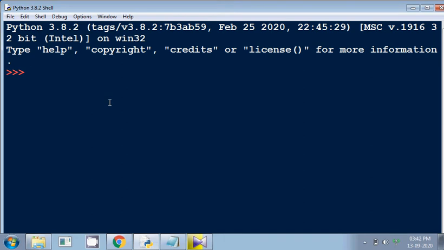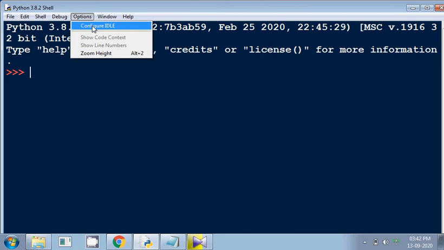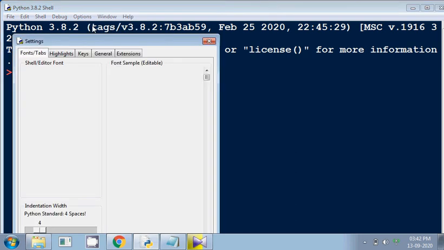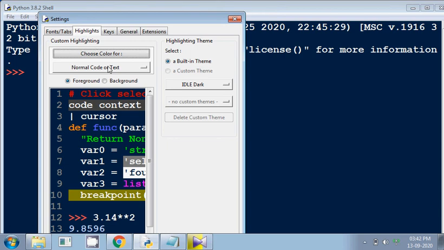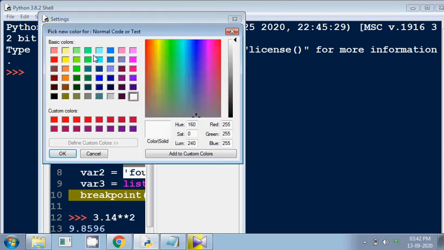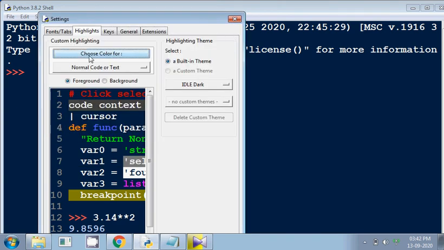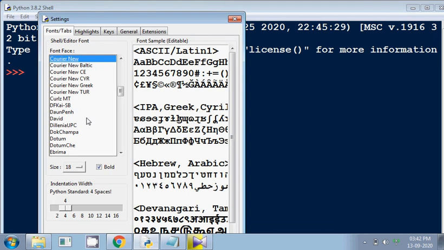I configured it using these options, then configure IDLE, and I used this highlights section and changed the color from this section. You can do the same thing as well. You can change the color of foreground or maybe the background, so that is up to you. Similarly you can change the font size, which can be increased from this section.